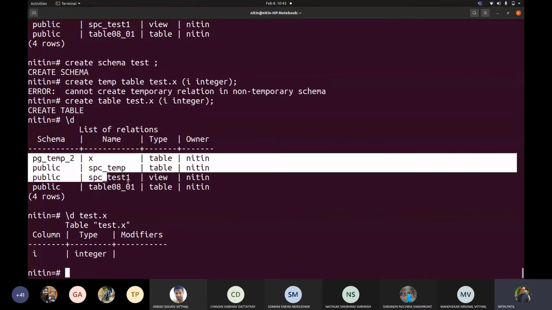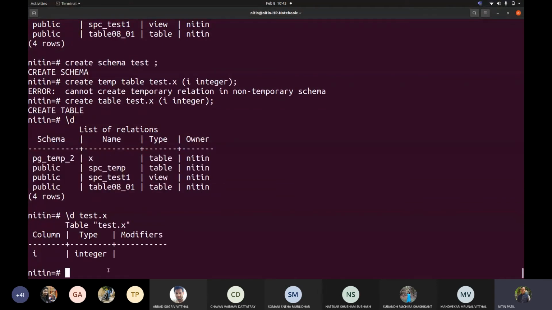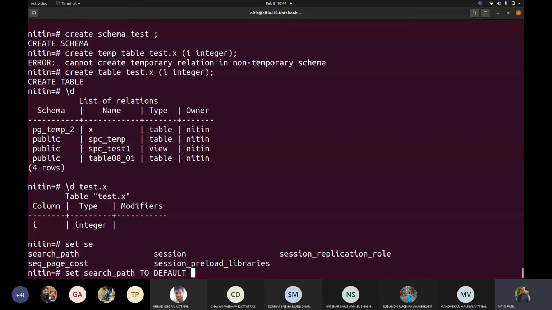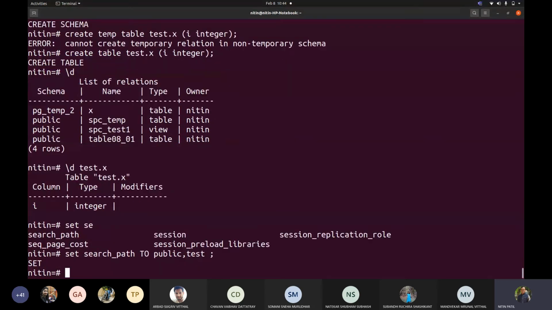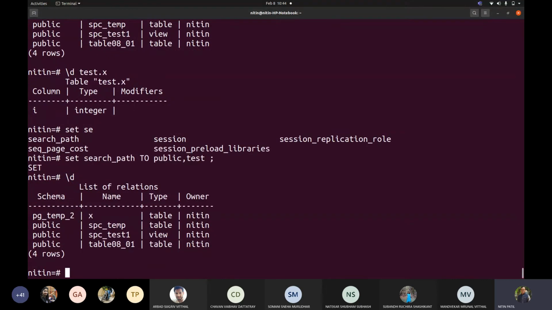Okay, but why then is it not listed here? So there is something called a search path. Now you say public, comma, okay, then what you want, test. Now if I write \d, why is it not showing that to me again? So you have to really work out whether I am expected to write this in this order or in what order.